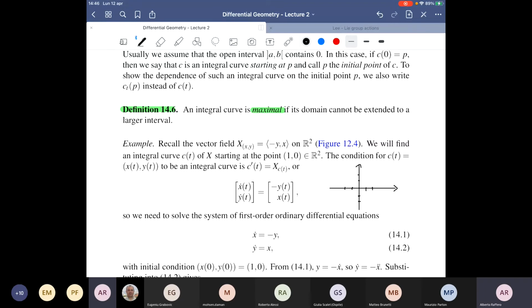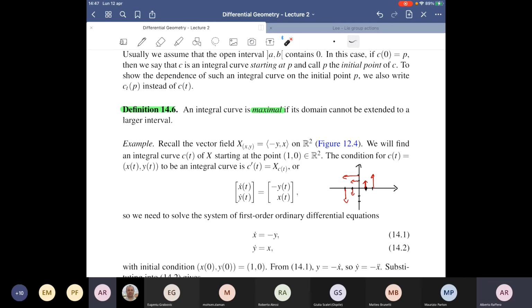At each point, for instance, suppose you want to look for the integral curve of X starting at the point (1, 0). So we start, let's say, from here. The tangent vector at that point, if you replace x and y with 1 and 0 here, you will get the vector (0, 1). And so here we have this vector here. Of course, you can choose other points and you will find other vectors belonging to this vector field, and so on. So, okay, let's start from here.